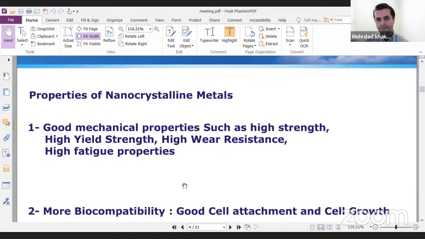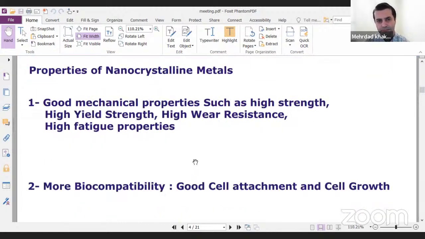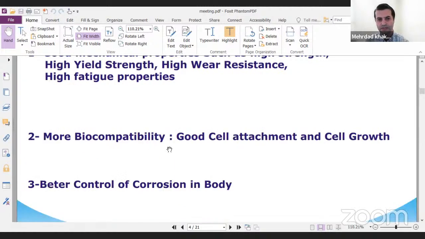For example, nanocrystalline metals, where the grain is in a nano size, have good mechanical properties such as high strength, high yield strength, high wear resistance, and high fatigue properties. Also, these nanostructure metals have much better biocompatibility. For example, good cell attachment on the surface and also cell growth on the surface. Also, research showed that the corrosion resistance of these nanostructure metals in the body is more than in comparison